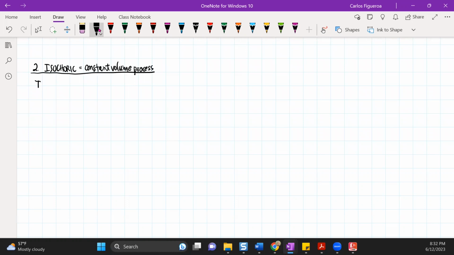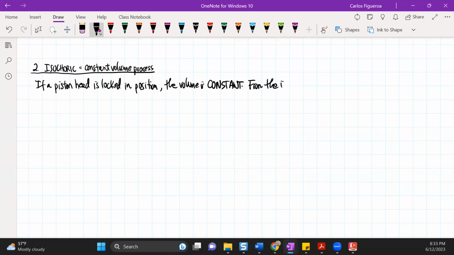So if a piston head is locked in position, the volume is constant. From the isochoric condition,